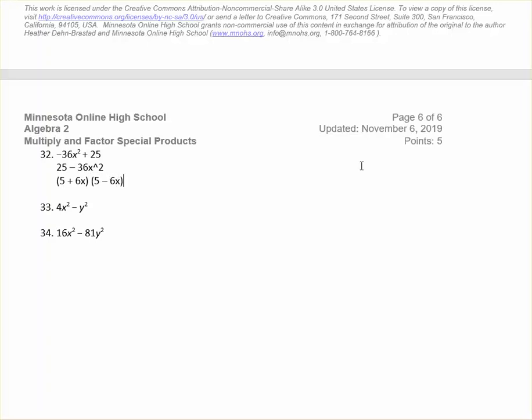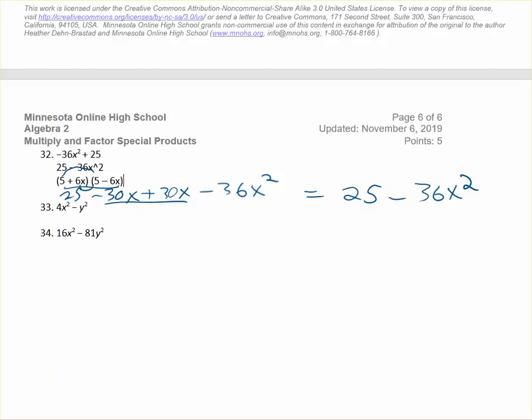It doesn't matter if your first set of parentheses has the plus or the minus, as long as you do one of each. And then, of course, you can always FOIL this back to check. We would have first term times first term is 25. The outer would be 5 times negative 6 is minus 30x. The inner would be a plus 30x. That's good because I want this to equal 0 when I add them together. And when I combine my like terms, the middle two terms would cancel each other out. There's a 0. So I would just have 25 minus 36x squared,